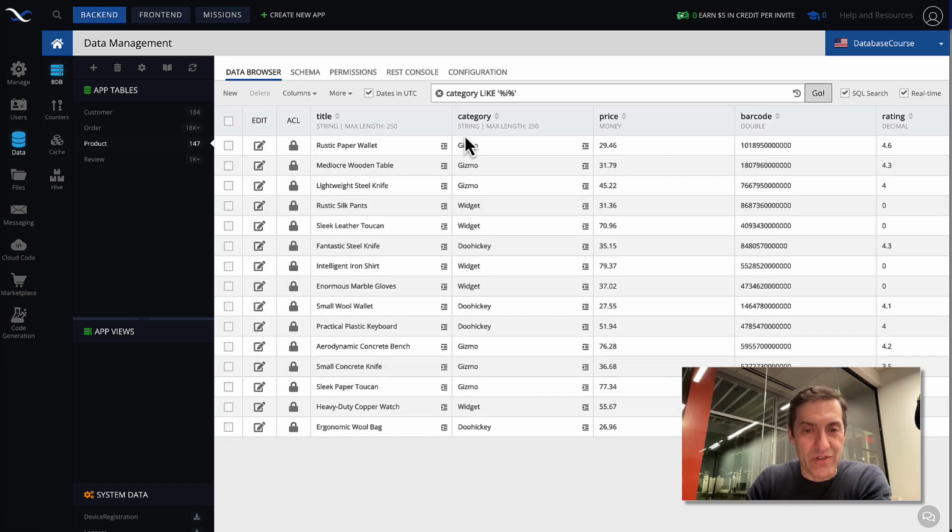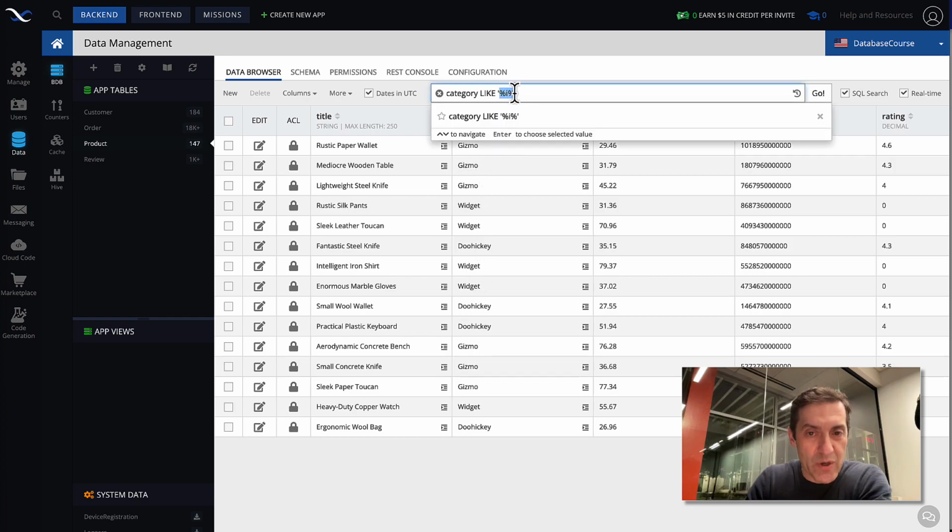And see, this is Gizmo, widget, and so on, simply because all of them contain the letter I. The way this should be interpreted is that it can start with anything, it includes I, and it can end with anything.